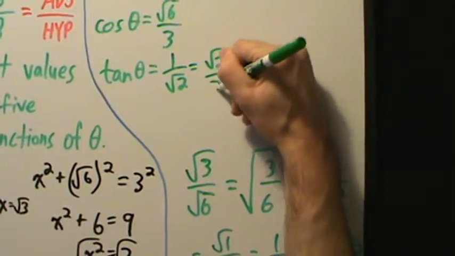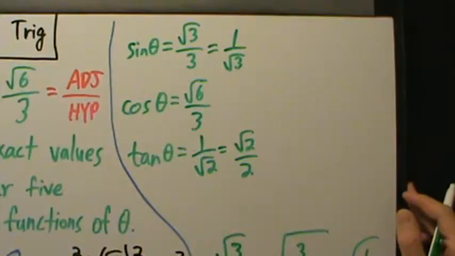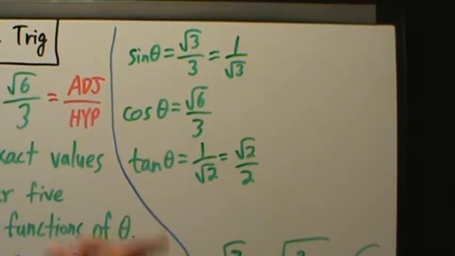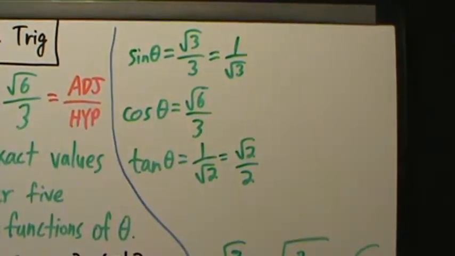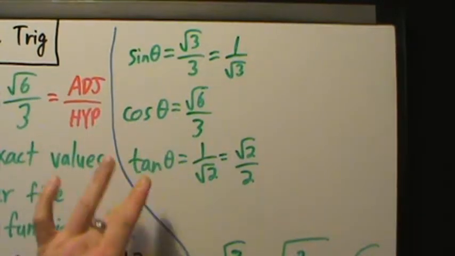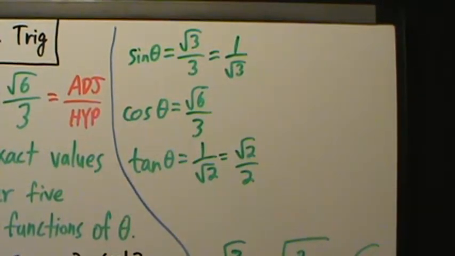But if you insist, or if you have to, then that would be root 2 over 2. Okay. So, all right, those are the, so we found 2 of them, right? We were given cosine, and we found these other 2. Now, since we have sine, cosine, and tangent, the other 3 trig functions are going to be easier to get,